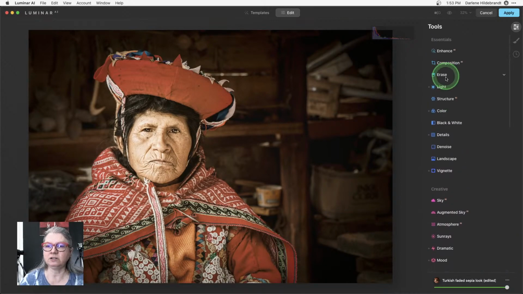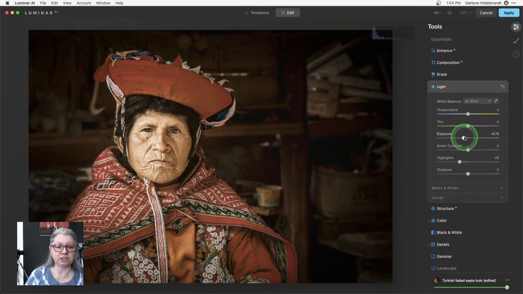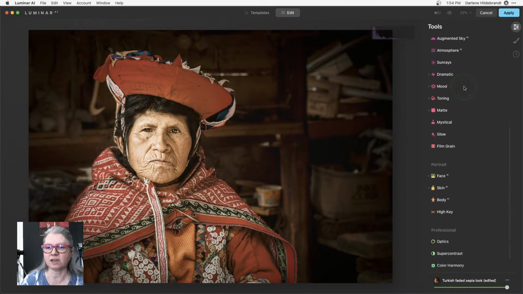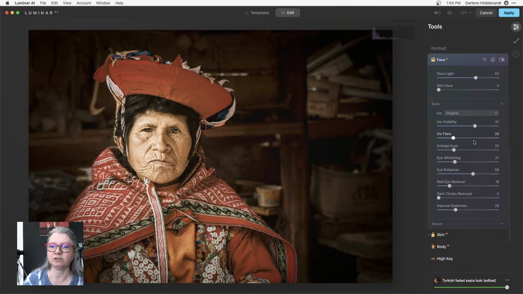You can then increase the light on her face and decrease the overall exposure. And now look what's happening. I've got her face the right darkness, and the rest of the whole image has now dimmed. So it's kind of like adding a really custom vignette to the image, very simply, just using that face light slider. I'm going to dial it back a little bit, darkening the whole image. We could make her slimmer if we want, but I don't want to do that. She's a lovely lady all by herself.